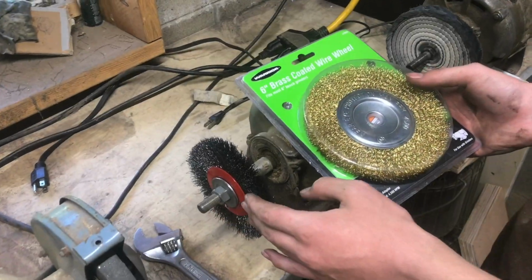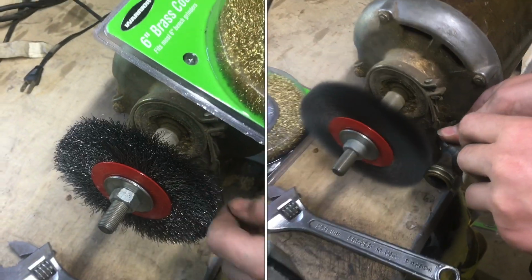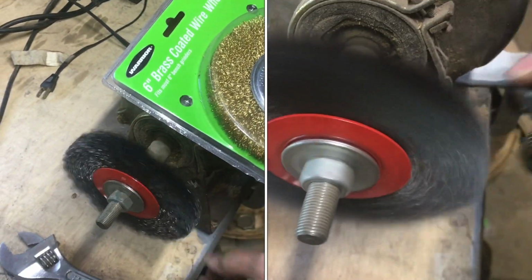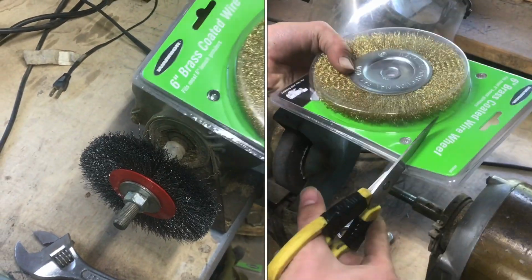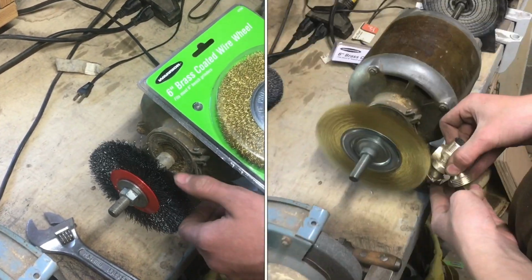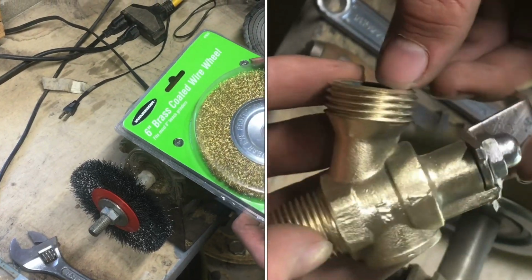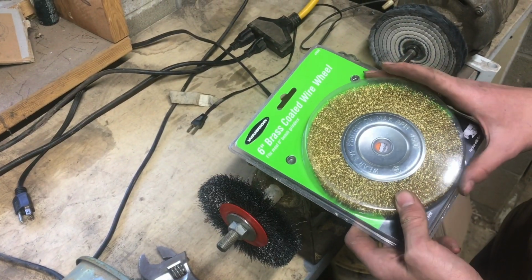We have this wire wheel here. It's a steel wire, and it's a bit stiff. I mean, if you touch it with your hand, it hurts, and it does sometimes leave marks. Depending on what part you're doing, if it's something where it really needs that coarse abrasive, this is nice, but right now I'm looking for something a little bit softer, so for an extra 50 cents at Harbor Freight, you